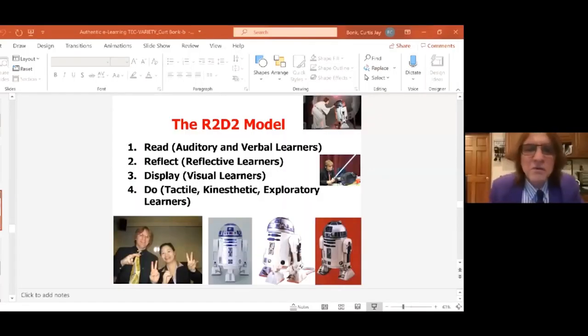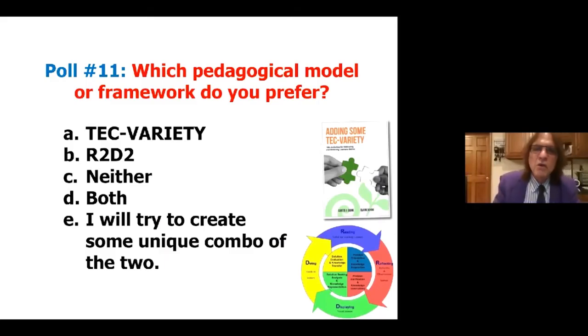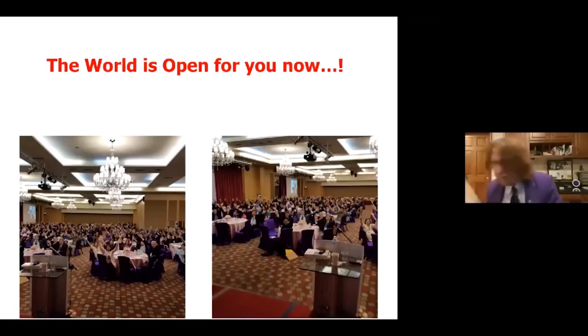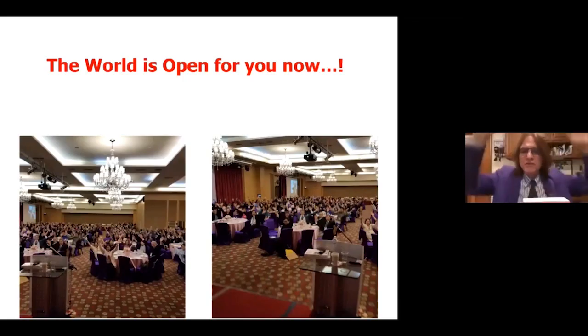Well, I'm going to do a couple of last things before we end here, because I like to end with some fun things. We just didn't have enough fun, so we'll skip over these. We've just answered those. So the world is open for you now. My book is called The World is Open. Whenever I go somewhere, I have everyone hold their arms up in the air, saying, the world is open. So on the count of 3, everyone say, the world is open. And I'll take your picture with my camera. Okay, there we go. Great.